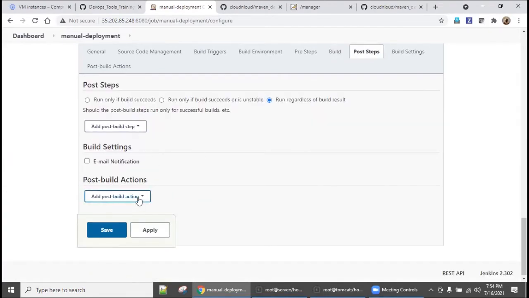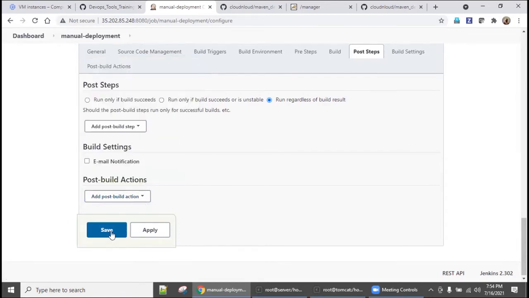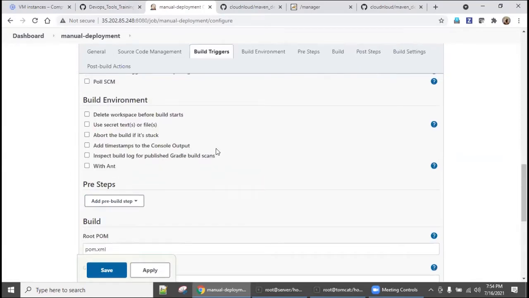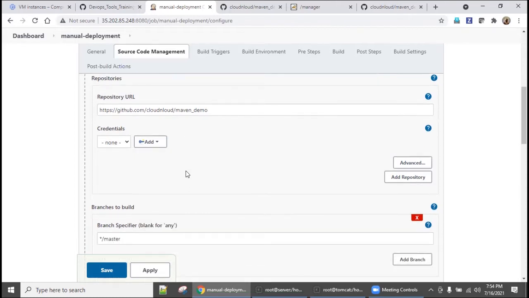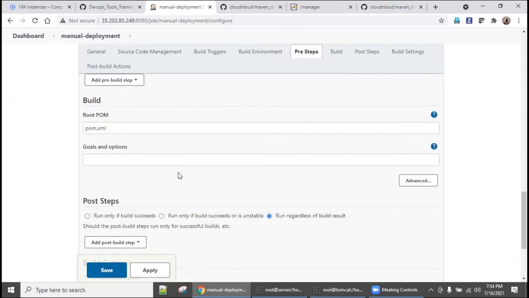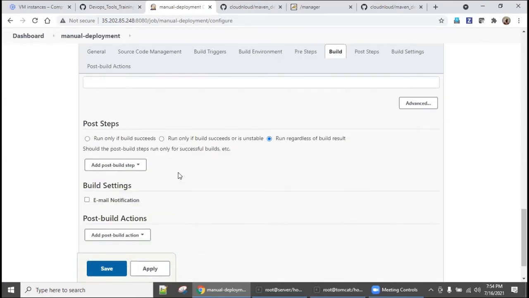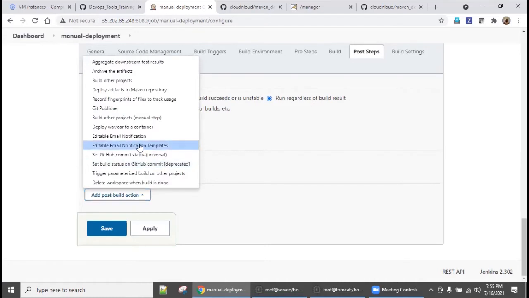So here I'm going to say I want to deploy. Up to this we have seen. If I save, what will happen? Whenever I trigger a build, Jenkins will go here, pick up the raw source code, and with the help of the pom.xml it will automatically compile, build, and create a war file. Now we need more than this, right? Click this and deploy war/ear to a container, right?